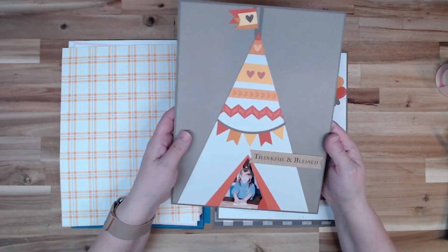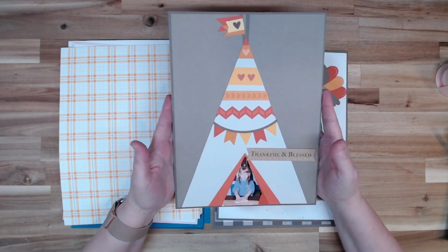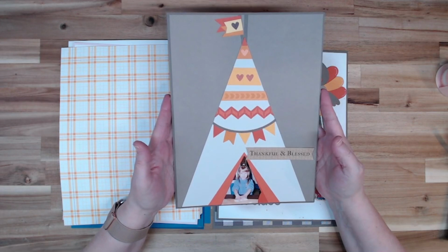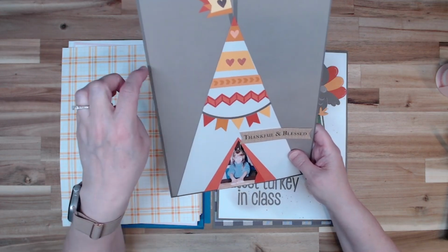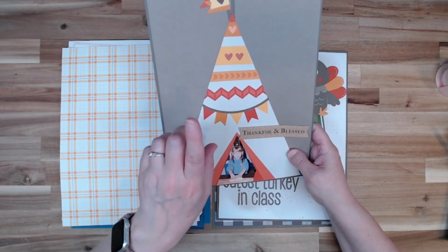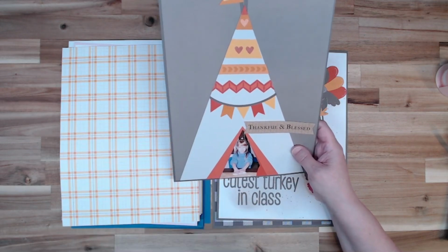Then the next one I worked on, this one I wasn't loving. Now I absolutely love it. I love the teepee. It is so cute. And I believe I got this from Miss Kate's Cuttables, I think. Oh my gosh, I can't remember. So this is, what is this? This is espresso on top and bottom. And this is mink. And then I just used Sundance, Nectarine, and Paprika. And then I used a couple of the hearts off of the sticker sheet as well